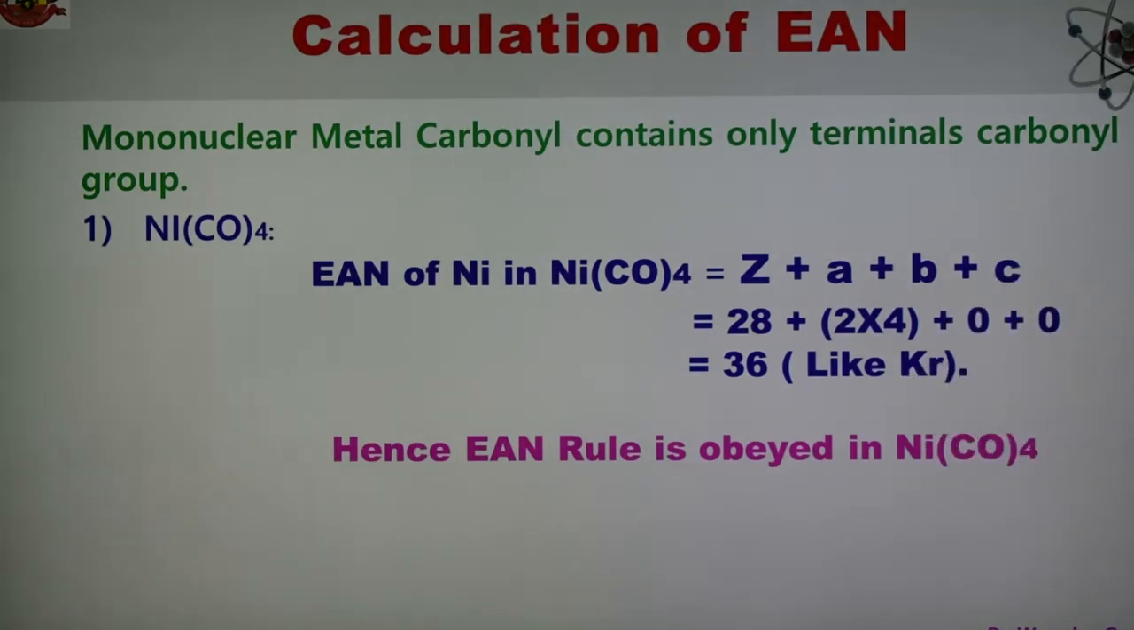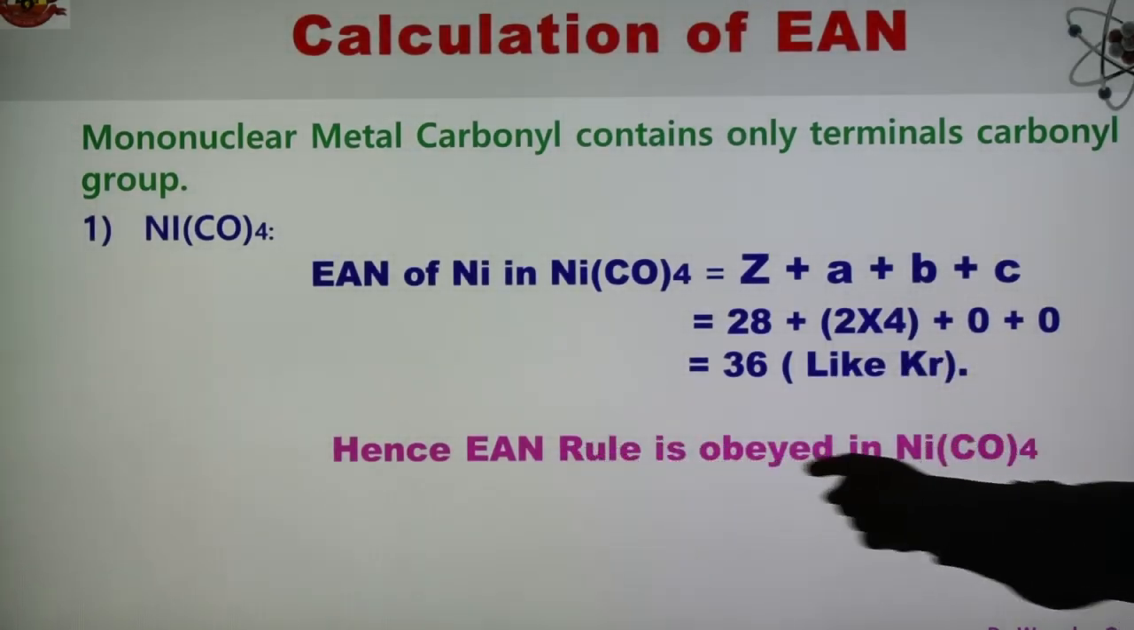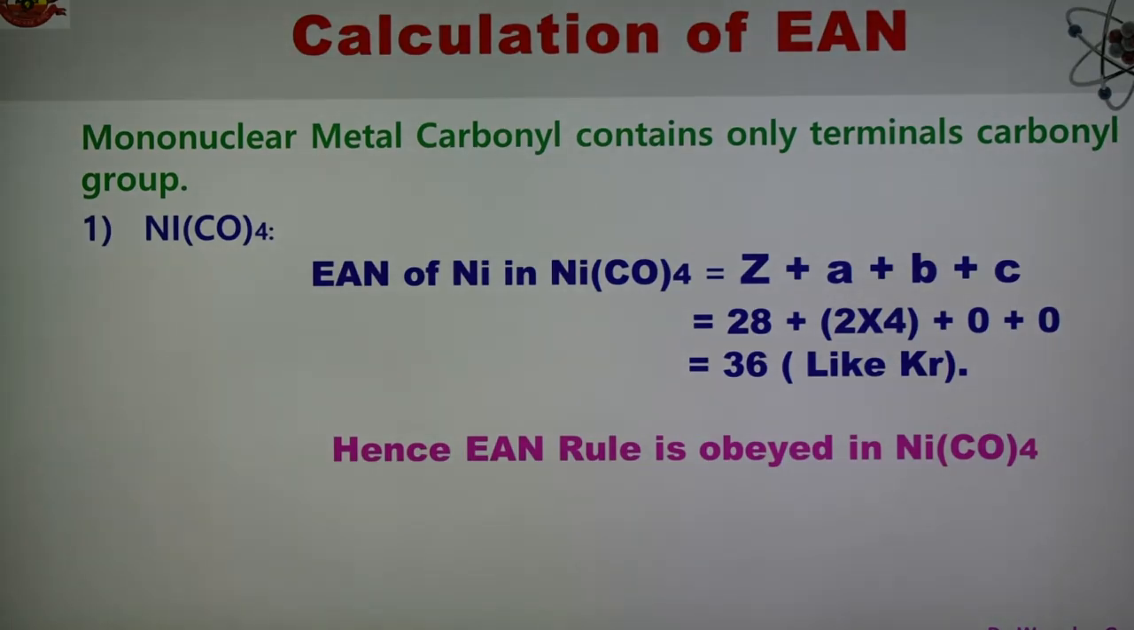And therefore we can say that now, as the EAN value is 36, the EAN rule is obeyed in this metal carbonyl. So in other words, the EAN rule is obeyed in nickel carbonyl, because the EAN value is equal to the atomic number of krypton, the next inert gas. And now the second example is